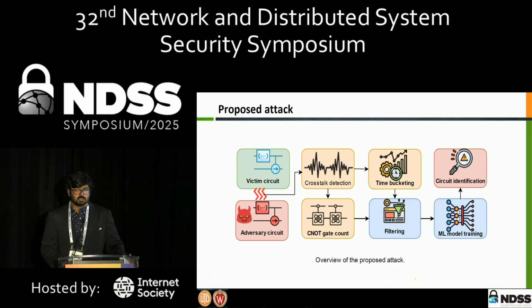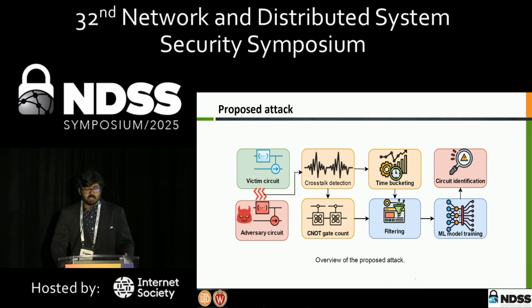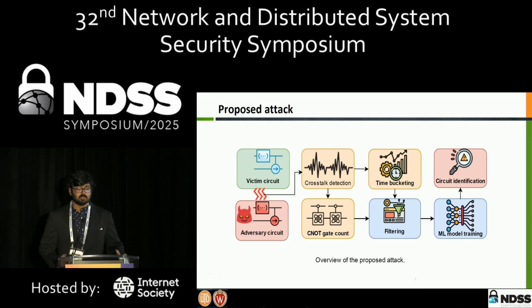Followed by this time bucketing and the total CX gate data, we filter this data and then feed it into a machine learning model. For our paper, we utilize a graph convolutional network model. And in this GCN model, the quantum circuits are translated into graphs. In these graphs, the qubits are treated as nodes, and the CX gates that are connecting them are treated as edges. And following that, upon training it with quantum circuits such as these, and then testing victim circuit identification, we show that it is possible to identify the victim quantum